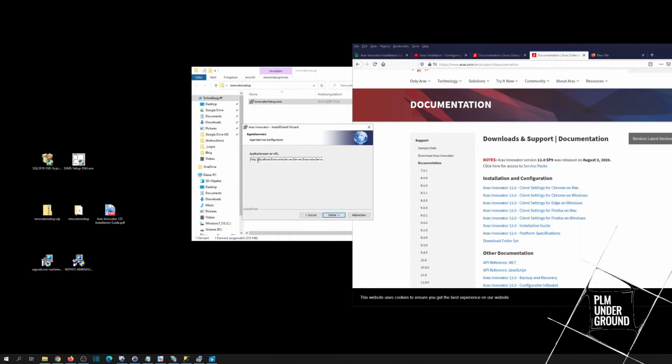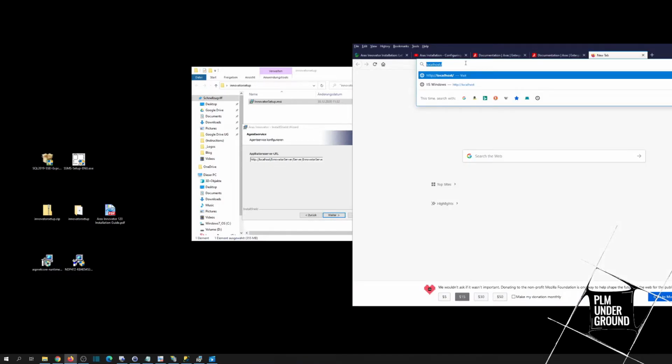The installer already recommends an application server URL, and you will notice that it's called localhost Innovator server, as this installer expects that you closely follow the installation guide and will later call your Innovator instance Innovator server. So when you later want to open Innovator on your local PC, you would use the URL localhost/InnovatorServer. This is just the name Aras uses in its installation guide and also in the samples that they have. But